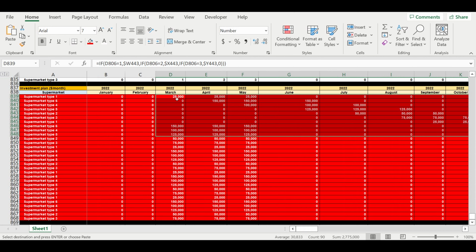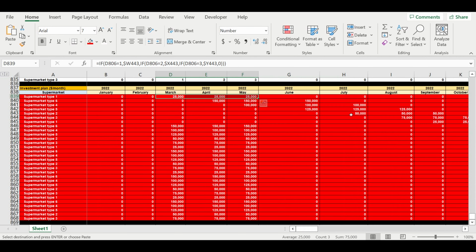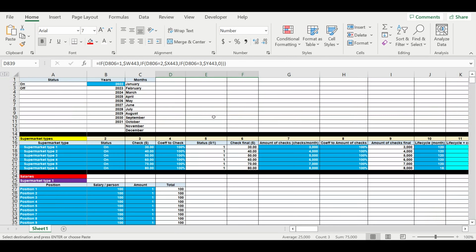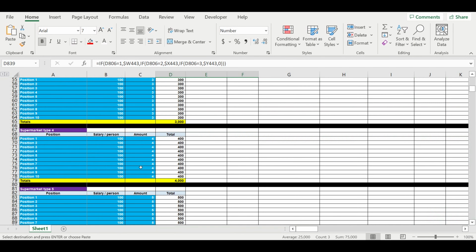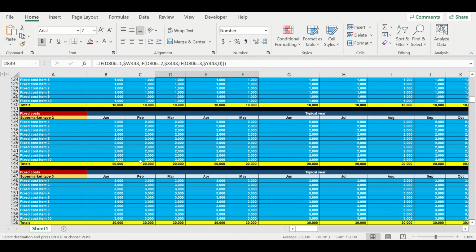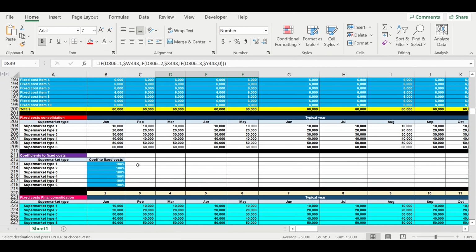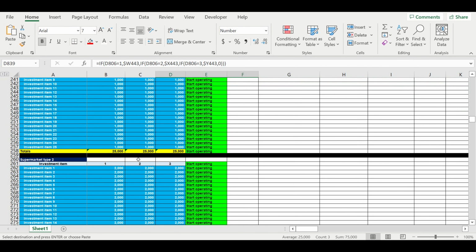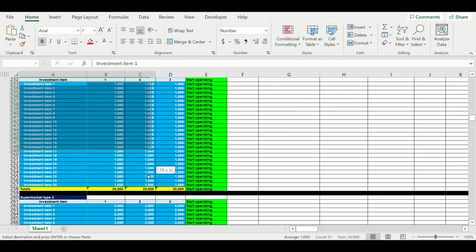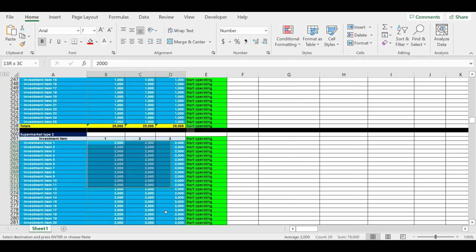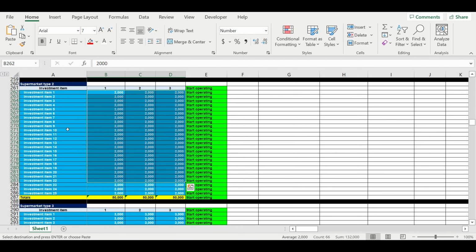Because these are totals, they consist of these numbers. In our investment plan we just have these three numbers, but they consist of these values. Each supermarket type consists of lots and lots of numbers,